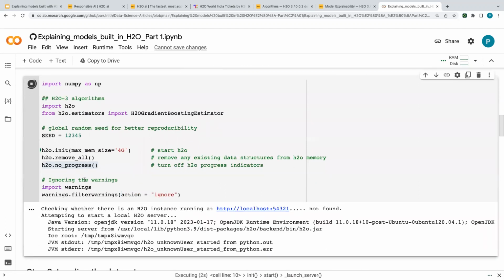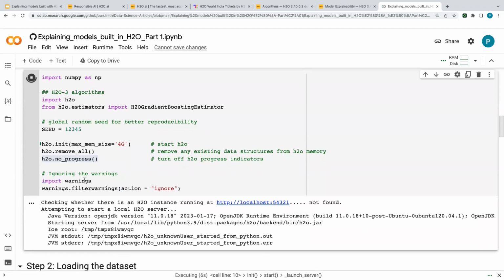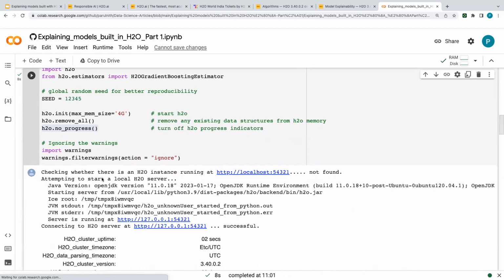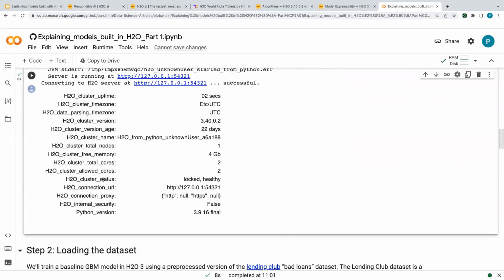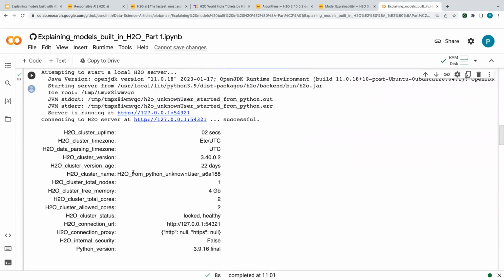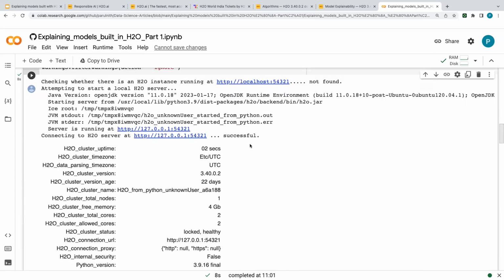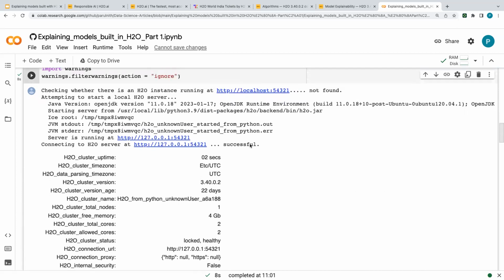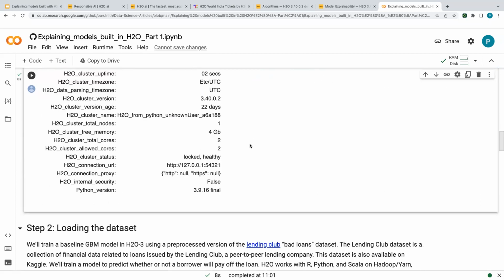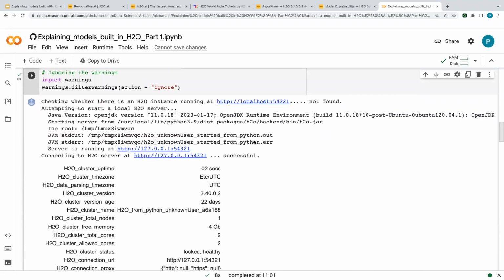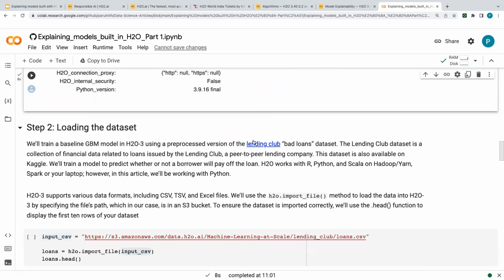So once you run it, you initialize H2O. If you get a screen similar to this, which says server is running and connecting to H2O server successful, this means everything has been installed perfectly. And now you can use H2O. So you basically start an H2O cluster, right? And that's what this h2o.init does. Now I'm going to